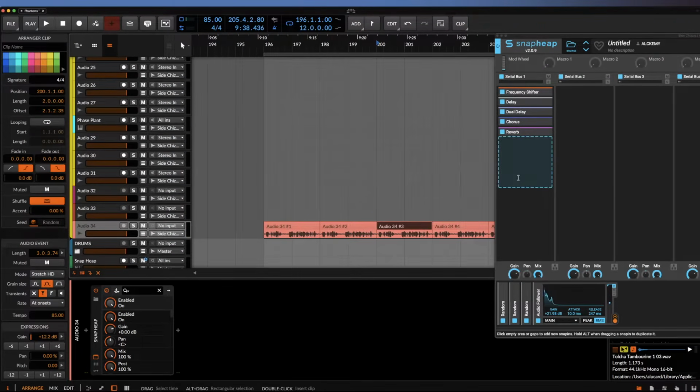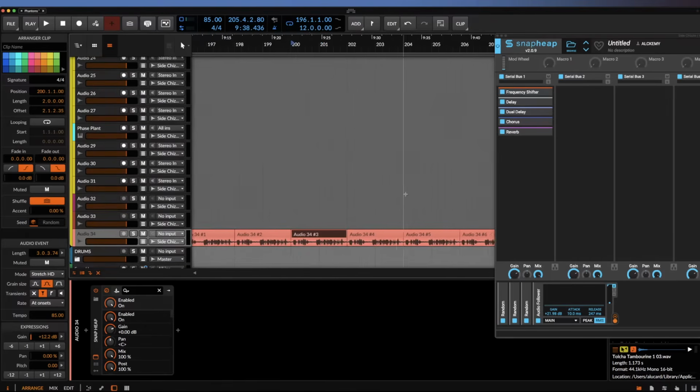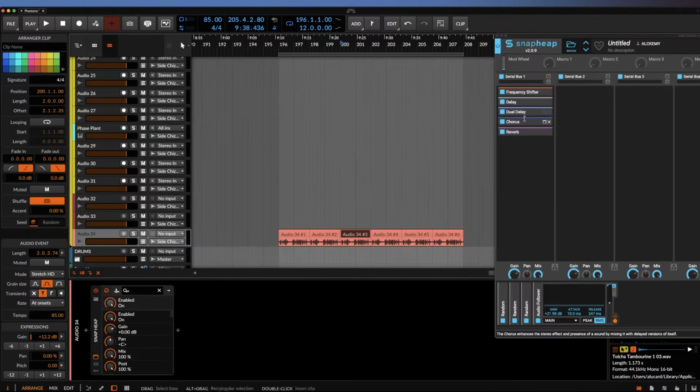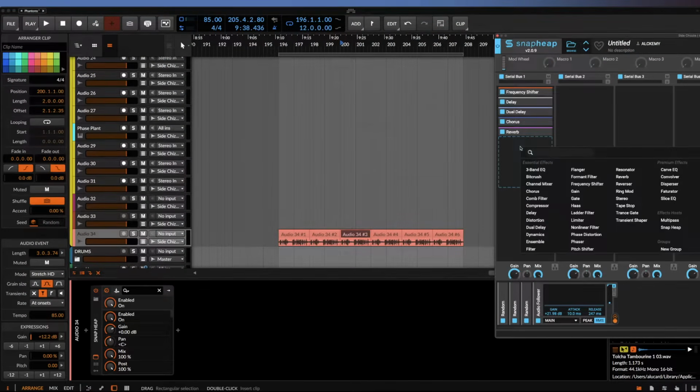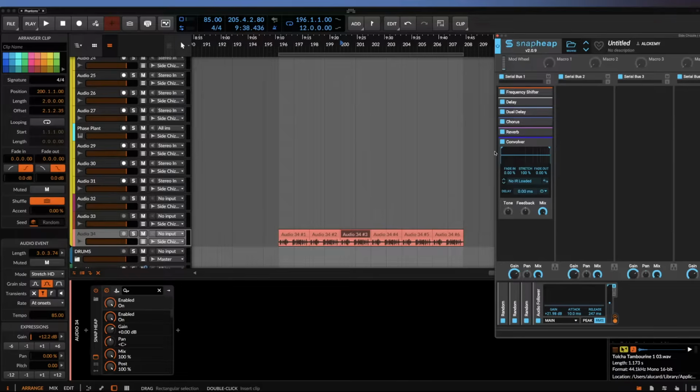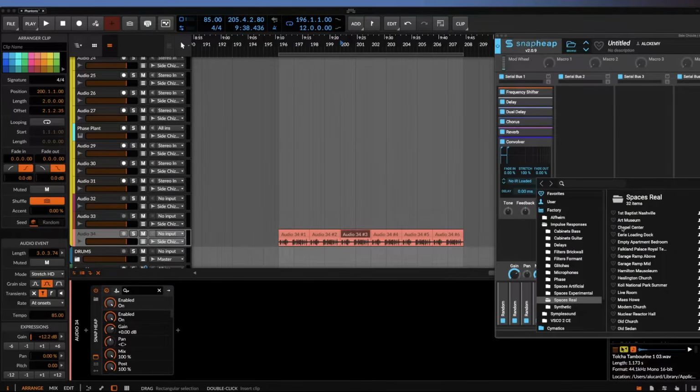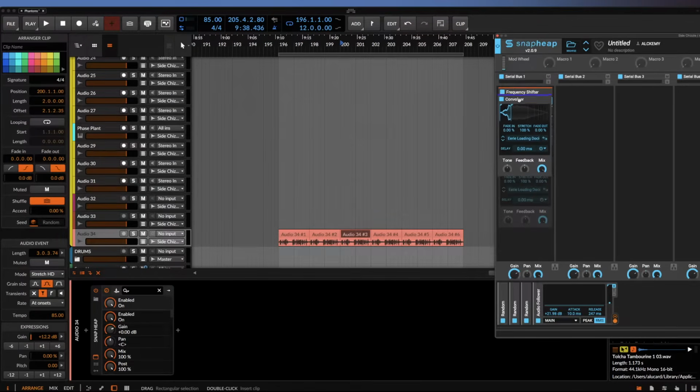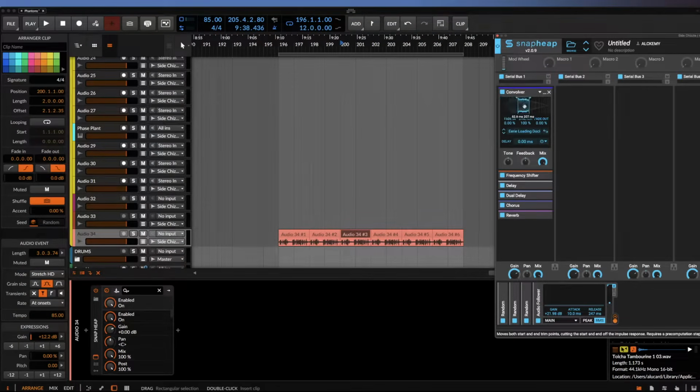So there's tons of things that you can do with this, but it's really a matter of how creative you can get with using your effects in this way. Something else worth considering is using convolution reverb. When you're recording this, you can use a short convolution reverb like this, and then maybe place this at the very beginning, as I usually do. And so whenever you play this...